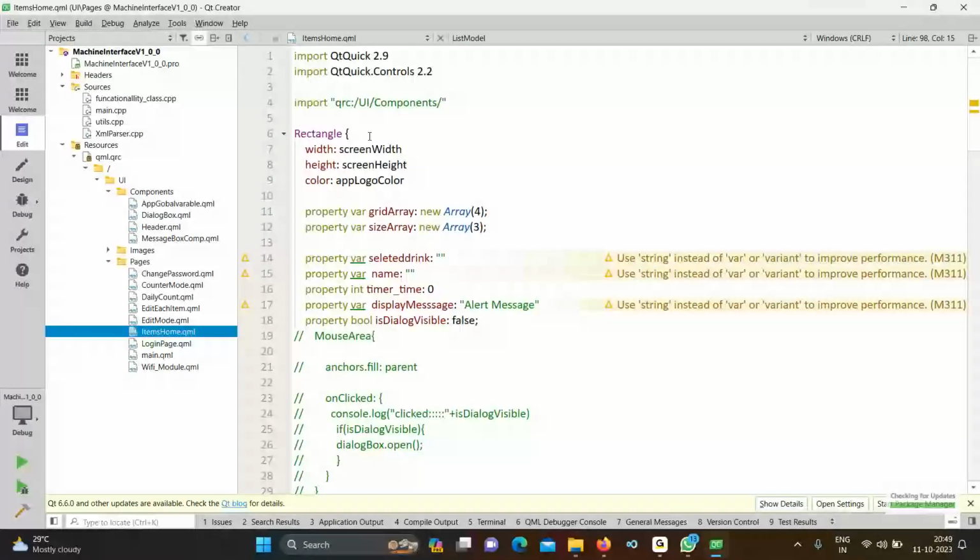So this is your main rectangle. This is your normal rectangle. In that rectangle we are going to set width and height, and for that we have to give the background color. So we are going to take here a screen width and